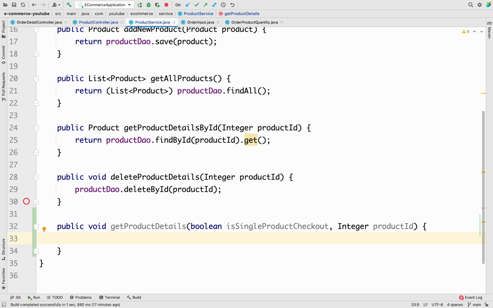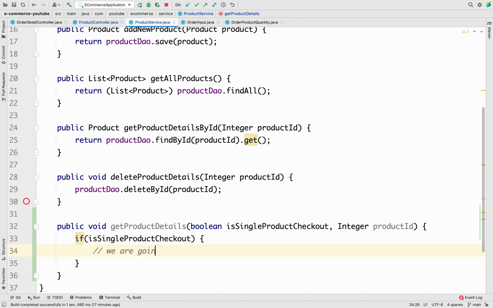And now what we have to do is first of all check, is isSingleProductCheckout equal to true. If isSingleProductCheckout, that means we are going to buy a single product,